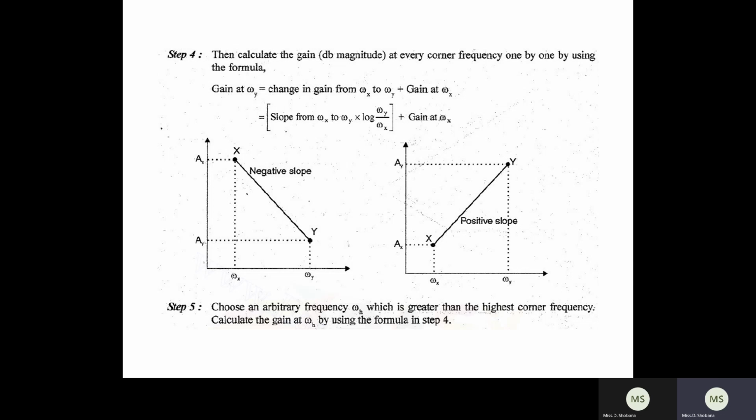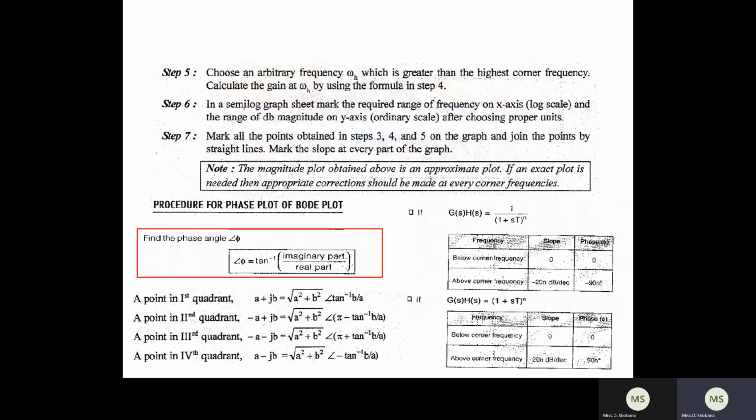So these are the various things we should remember. For various omega, you have determined the two formulas, and used them to determine the various magnitudes for omega L to omega H. Then you can plot all the points on the same graph sheet and join all the points using a scale. That is the magnitude plot. So the magnitude plot has been completed now.